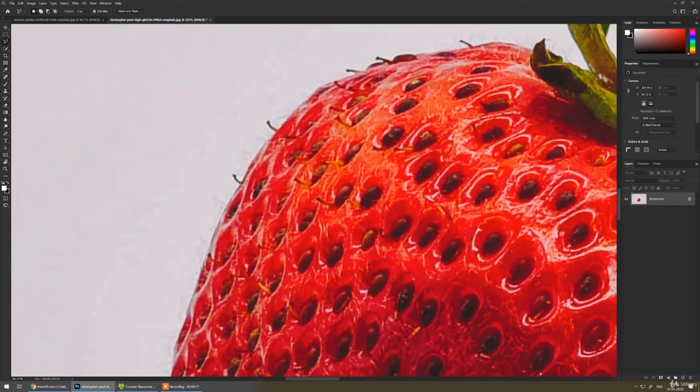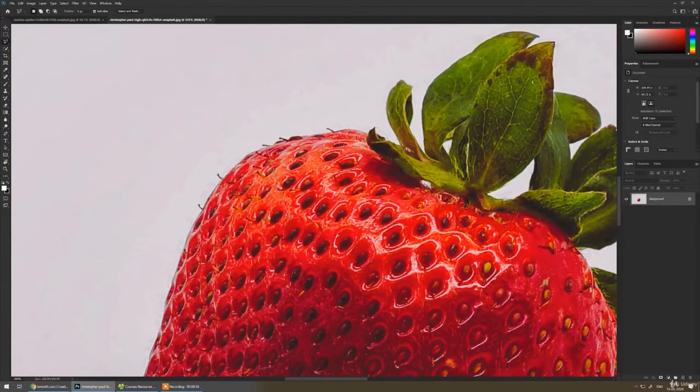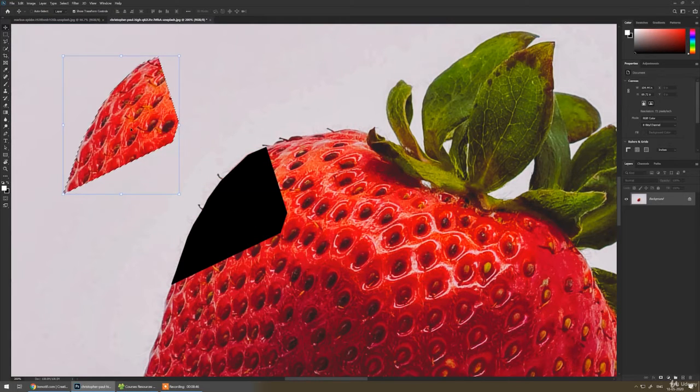If I make any mistake, I can always press Backspace to go back to my previous step. And just like that, you can make your sharp selection. It can help us make a pretty sharp selection, and we can move it.